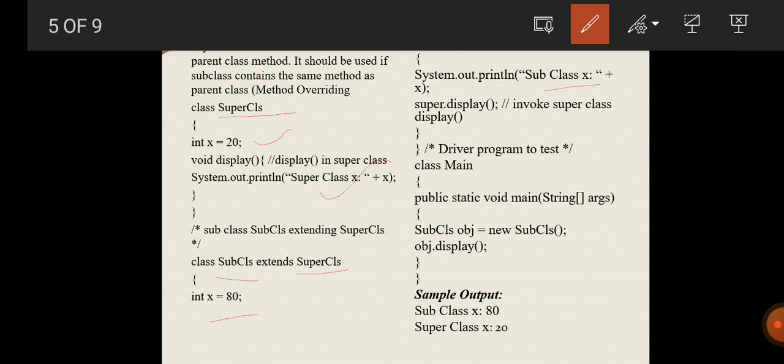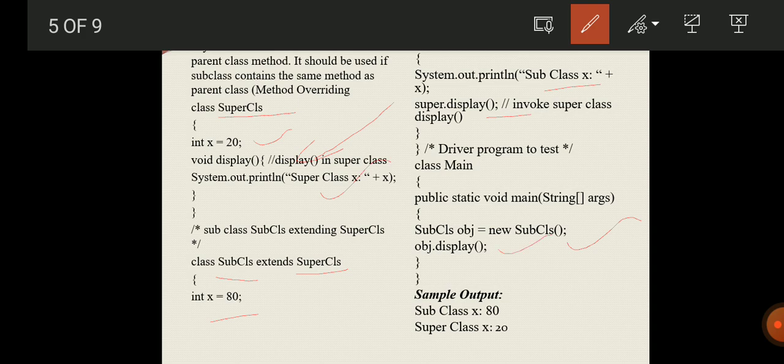And we are calling super.display and display. Super.display means it will invoke the method of the superclass. Then display means it invokes the subclass display. Now we create the object for the subclass and call object.display.